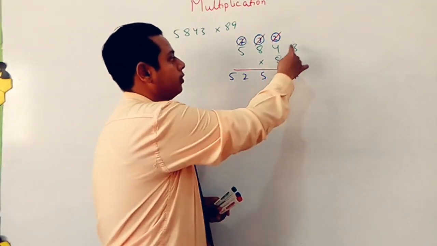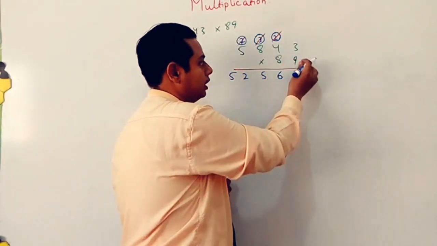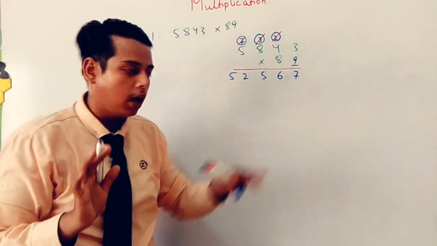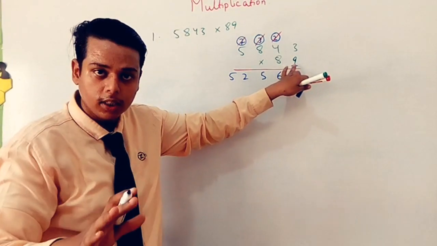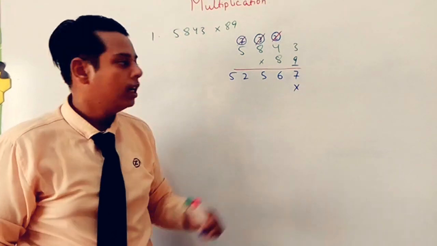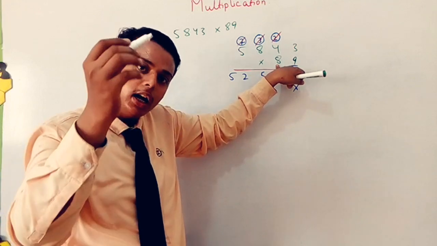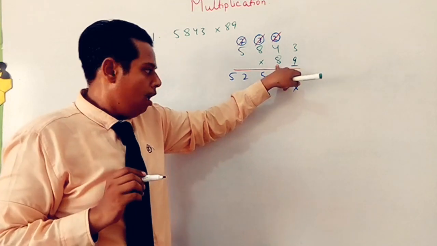Fine. So 8 3s are. Okay, first of all, one more thing is there. At the place where this number is done, now we have multiplied this number with all numbers. So under it I just place the cross sign over there. Now come to the second number. Now we have to multiply this number with all the upper numbers.